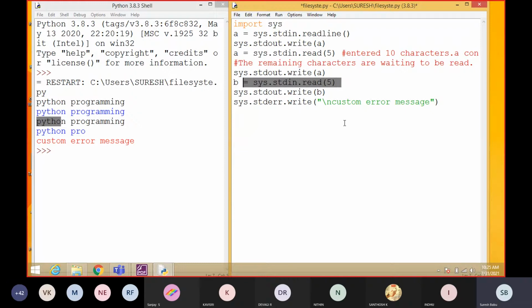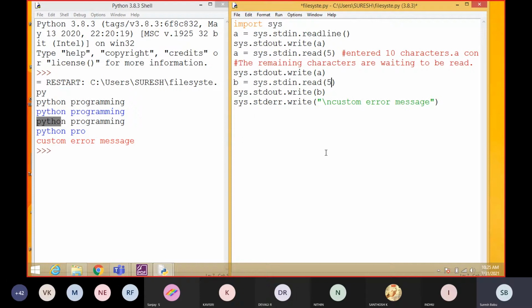five characters. Next five, the continuous five, because we already gave a lot of characters, so the remaining part will be in the queue. It is not taking from the keyboard because it is already available in the queue, right? So it will process everything, then only it will require input from the user. So you have to specify these character counts.